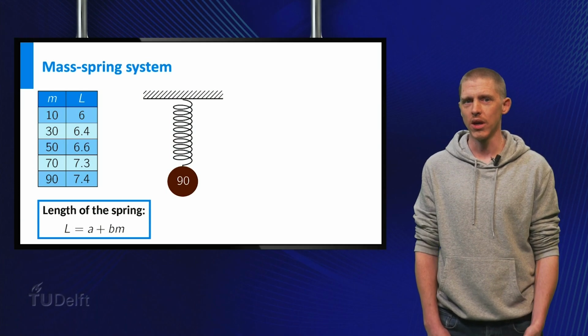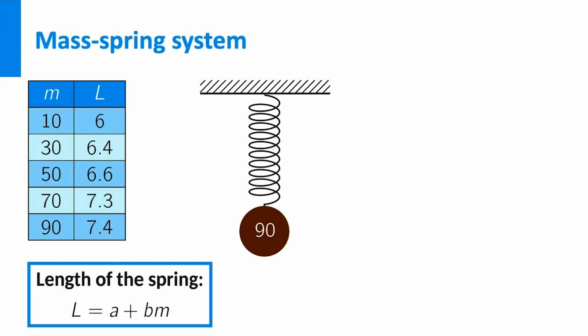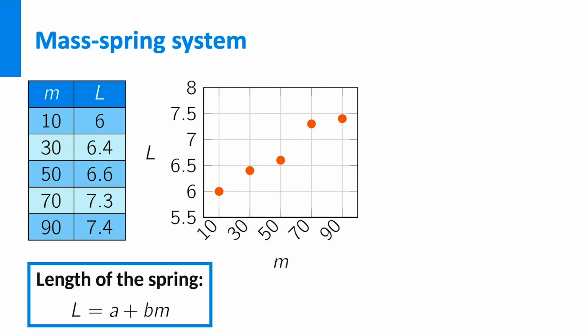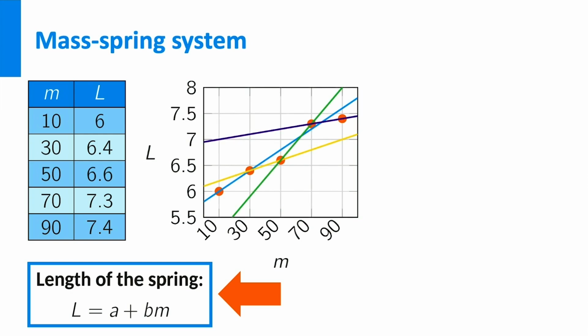I'm always fond of making pictures, because pictures tell more than tables. So I have drawn a scatter plot where each combination of M and L is a point in the graph. Note that I have put the mass M on the horizontal axis and the length L on the vertical axis. If we take a look at the formula for F, we see that all points should lie on one straight line. Obviously, that is not the case. And the reason is that my measurements of the lengths contain errors, which measurements often do.